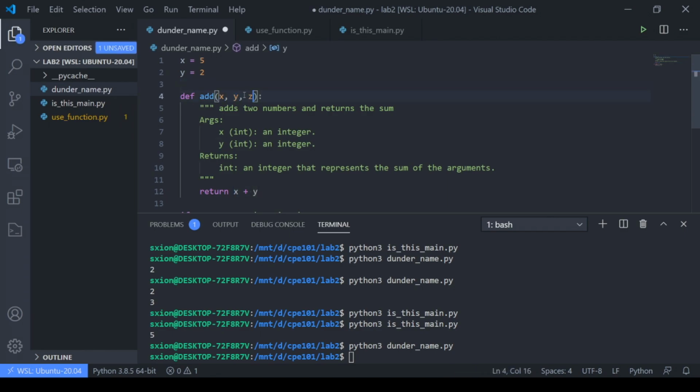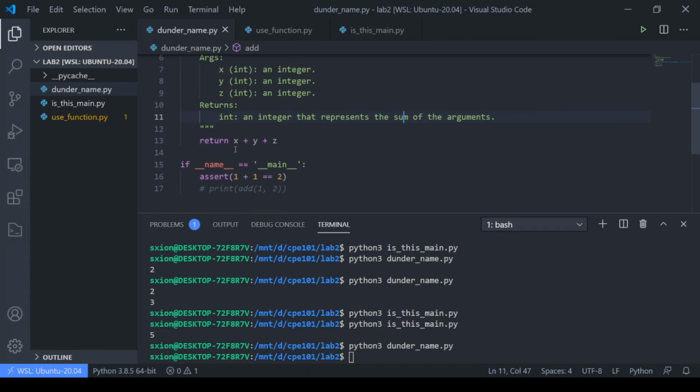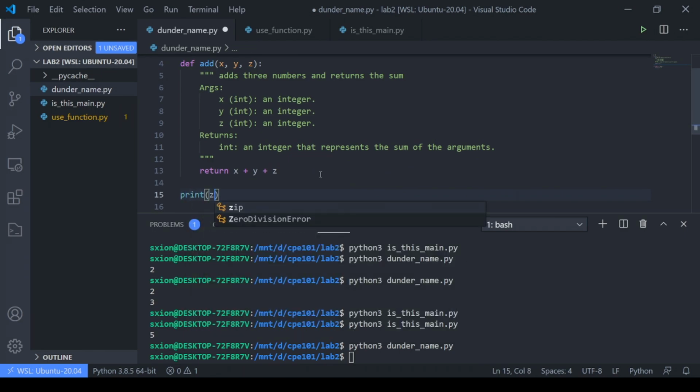So if I had a z in here, and let's say my function adds 3 numbers instead, so I'm just going to do that. Right, so let's say this is what my add does now. It's going to add 3 numbers instead. I can't use z down here. Like, I can't do a print z in here. That's not going to work. This is going to tell you,